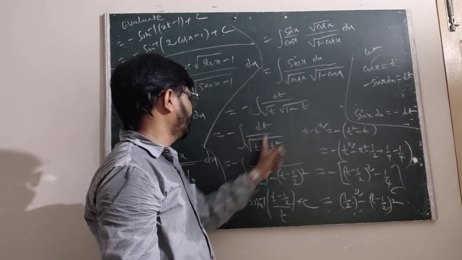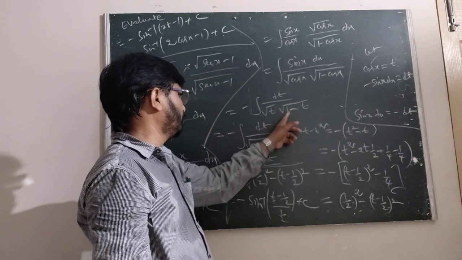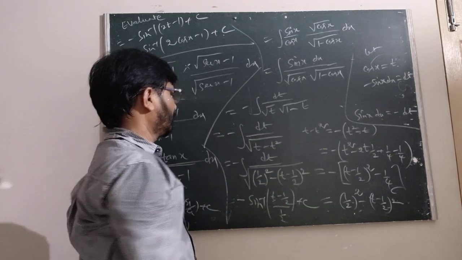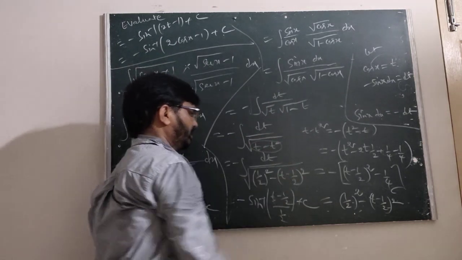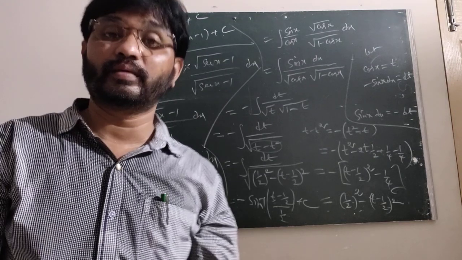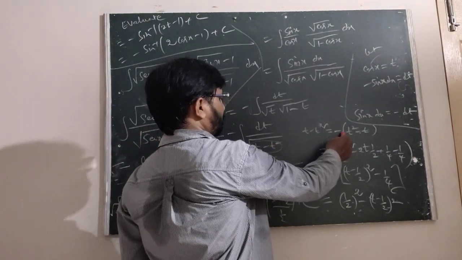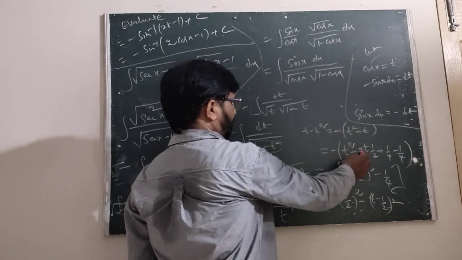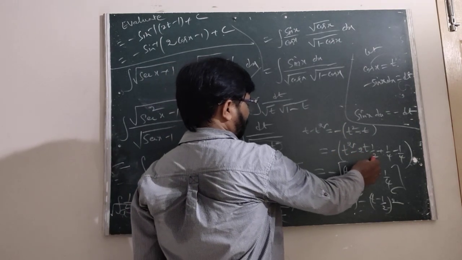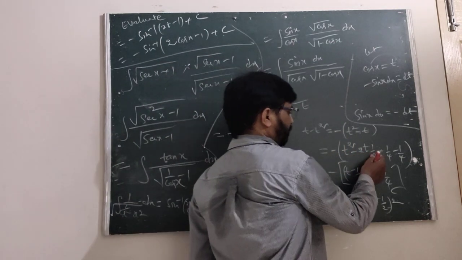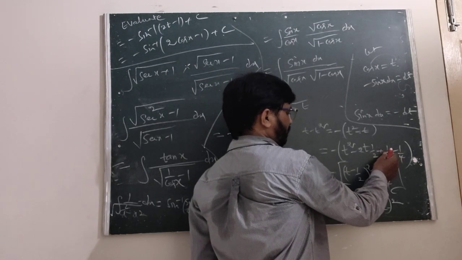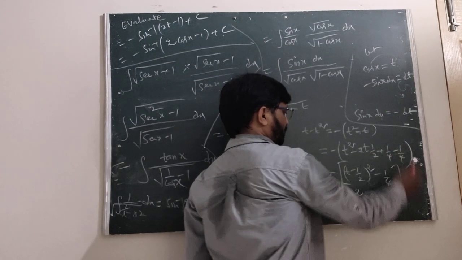Now t into 1 t, t into t, t square. Now we have to write this as either a square minus x square, or x square minus a square, or a square plus x square. How to write this? Now we first take minus. Now this is a square minus 2a into 2 by 2. After that we identify b. The b is 1 by 2. B square is 1 by 4, plus 1 by 4, and we are taking minus 1 by 4.